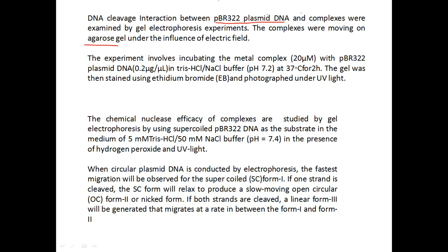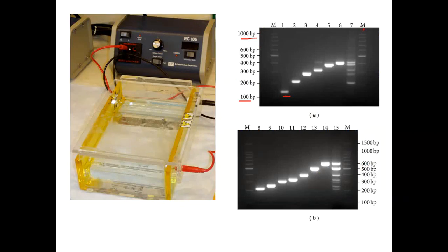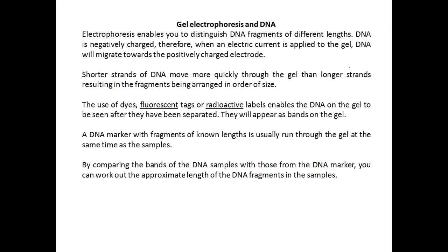Then the sample is subjected to DNA gel electrophoresis using a dye, ethidium bromide, as the dye in this case, right? It is used to photograph under UV light, right? So when the dye is in the gel plate and it is kept in the UV chamber, the dye will fluoresce under the UV, and that is photographed, right? So that is what the bands you see here are. When the ethidium bromide dye or radioactive tag is there, it reflects the UV light, and that is captured in a photograph, right?